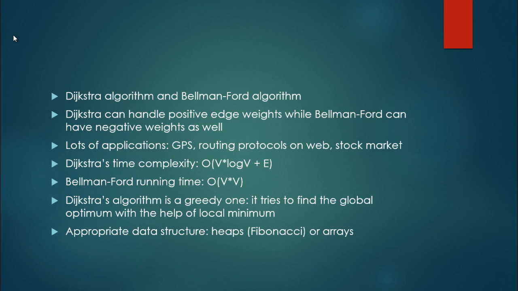Dijkstra's algorithm and Bellman-Ford algorithm, these are the two main techniques for finding shortest path in a graph, whether this graph is directed or undirected. Dijkstra's can handle positive edge weights, while Bellman-Ford can have negative weights as well. And that's why Bellman-Ford algorithm is a bit slower, but we can do a lot more with the help of Bellman-Ford. For example, if we want to find arbitrage situation in Forex stock market, then we can construct an algorithm with the help of Bellman-Ford, and we can find these kinds of